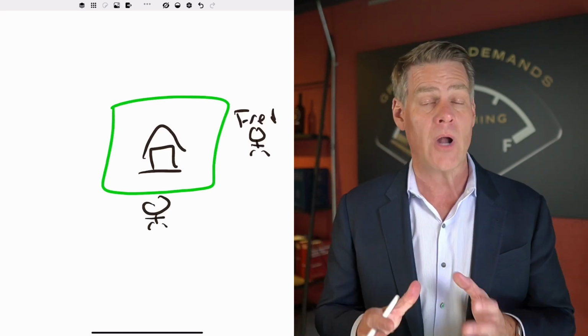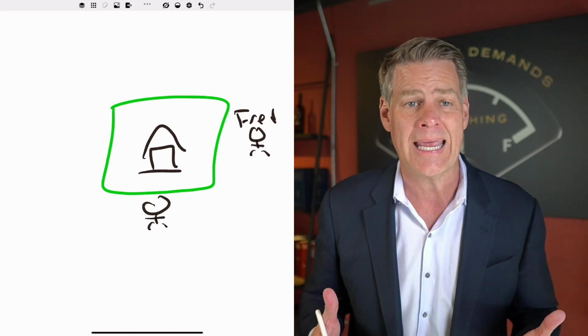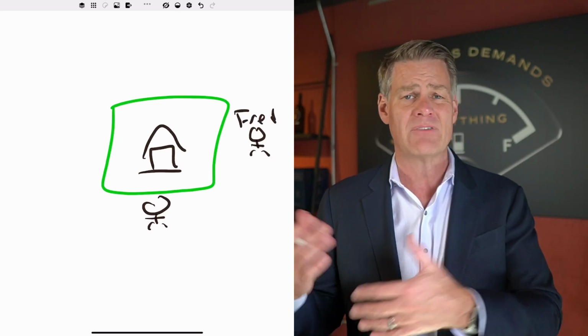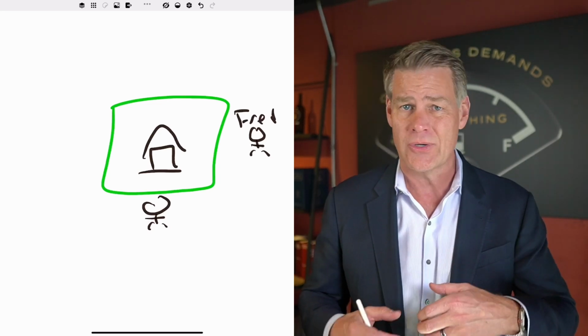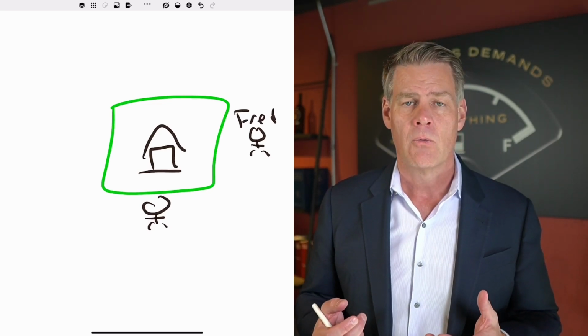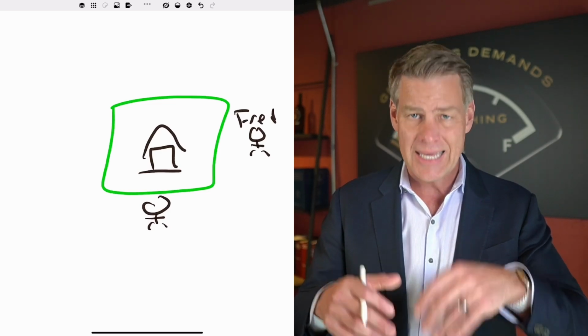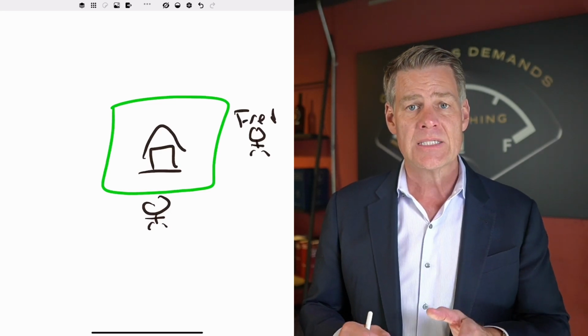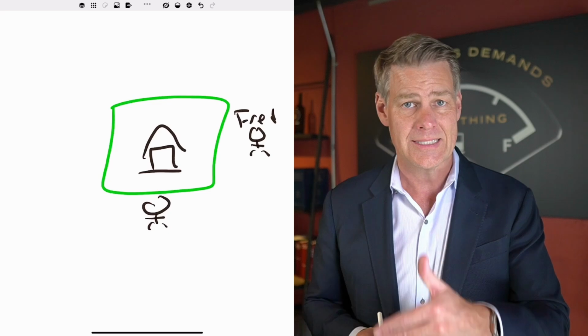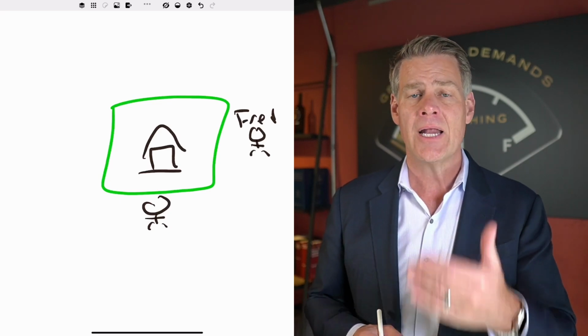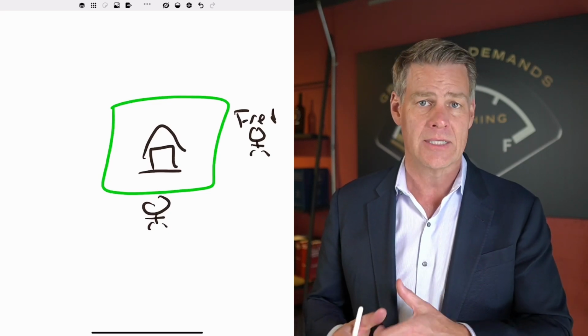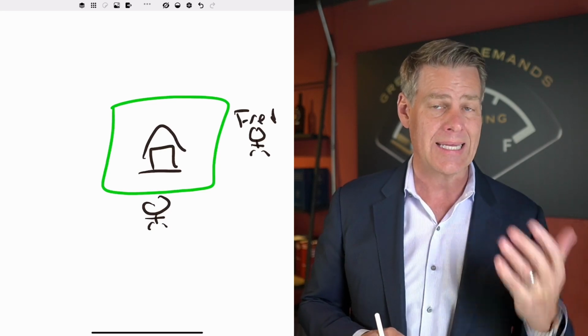Now my personal residence is no longer in my name, so people don't know where I live. So if I have disgruntled tenants or customers, they're not going to show up at my house. Well, I like the thinking, but the execution is the problem. You see, when you put your personal residence into a land trust, you may not understand how title is held in a land trust versus a living trust.